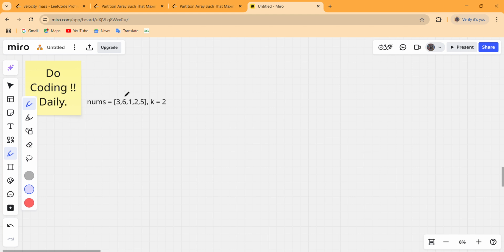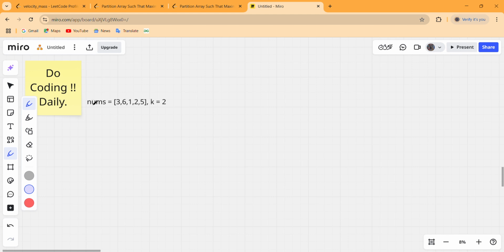The brute force solution will be finding all subsequences possible for this nums, traverse all subsequences one by one, finding the minimum and maximum value in each subsequence, and then check whether the difference is less than or equal to k or not. If it is less than or equal to k, increment our count, and if not, then go to the next subsequence, and this will be our brute force solution.